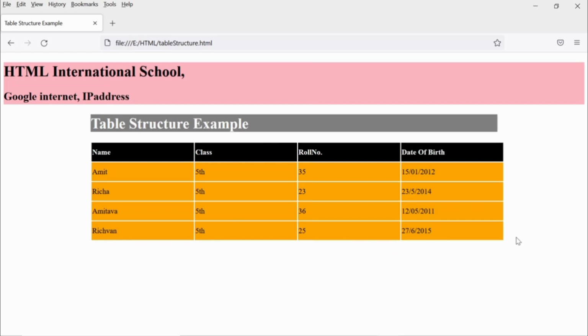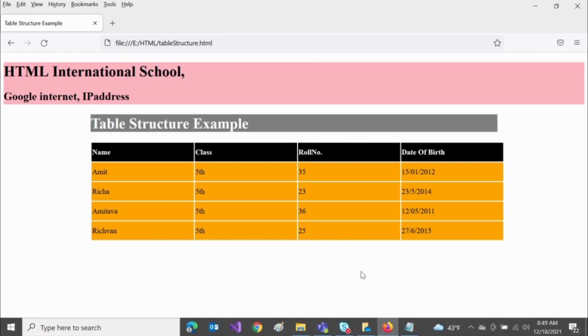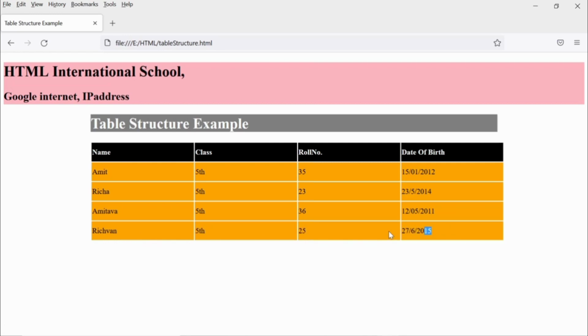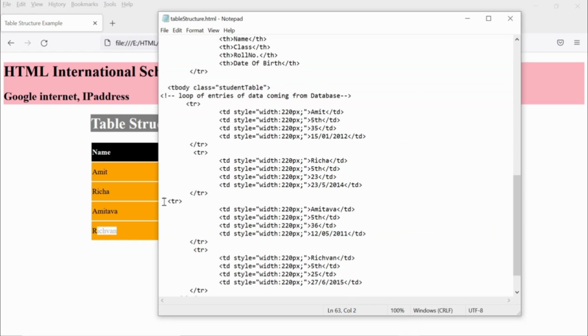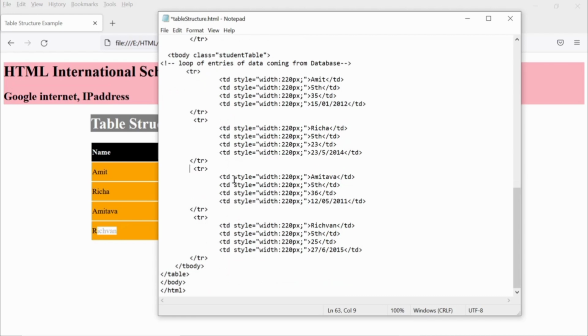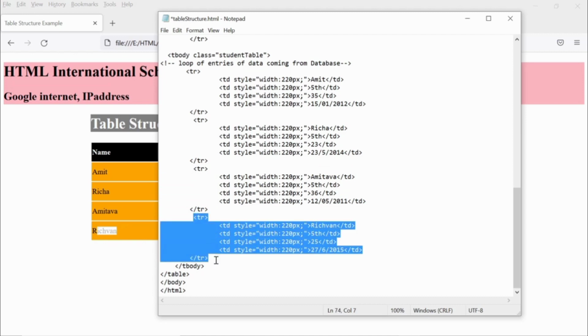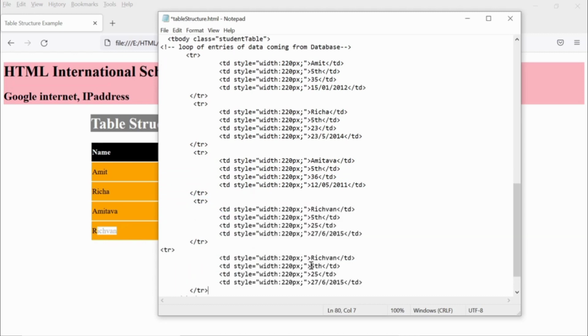Now let's see how to add the colspan and how to merge the whole column into one row. Let's go with that. Below this we are adding one blank row stating some information, that the top ones are from one class and the below ones are data from another class. So we will add just one more row here where we will use the colspan on the table data element, the td element. Let's see that.